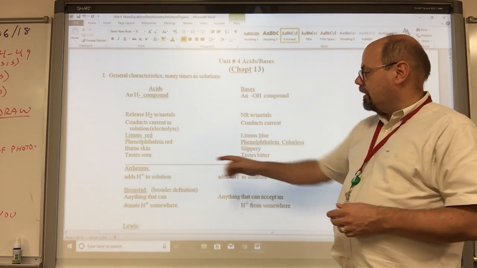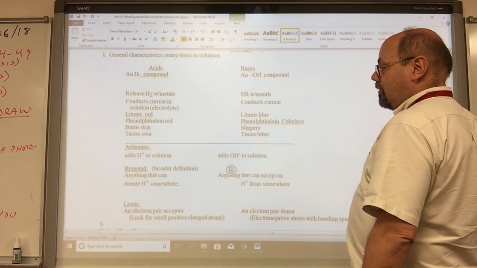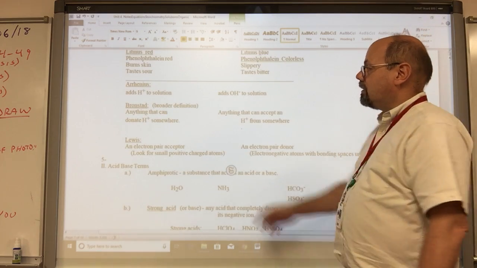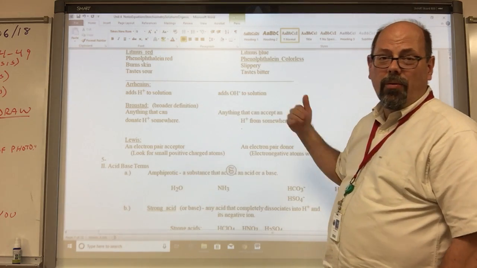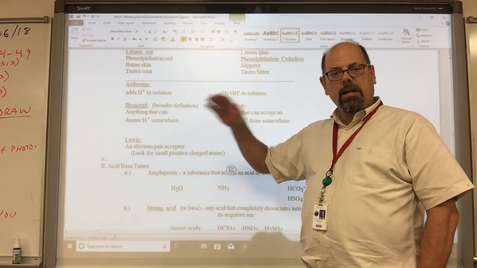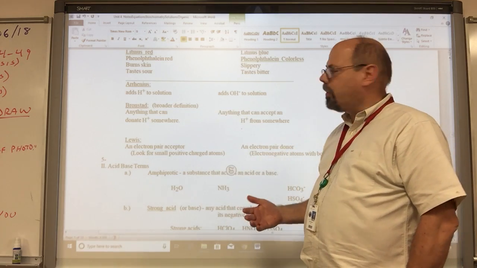Now, I already said Arrhenius was the first to study acids and bases, and he just said anything with an H in it will add H to solutions, and that's why they are considered acids. He also said anything with an OH in it, sodium hydroxide, lithium hydroxide, is a base. Bronsted said, 10 years of using that was pretty good, but there was some reason to increase their understanding, and